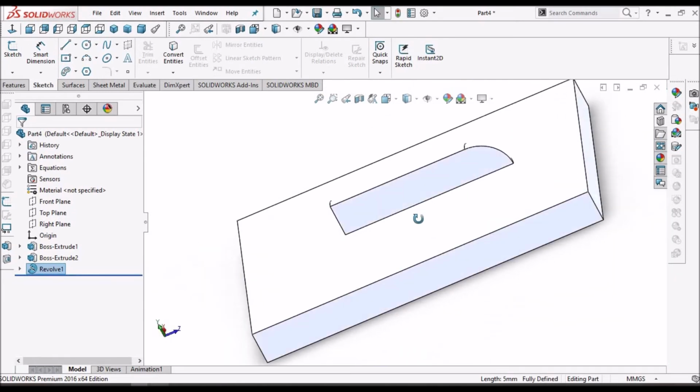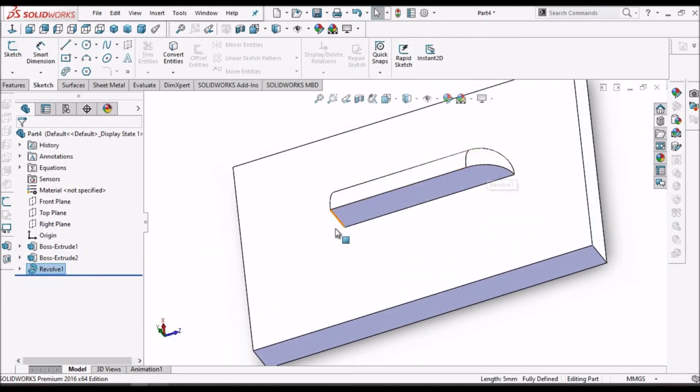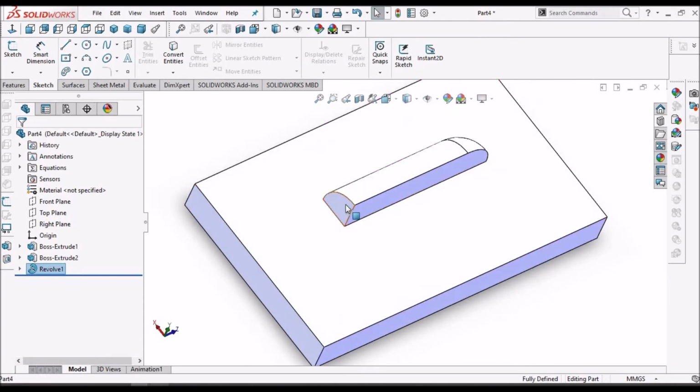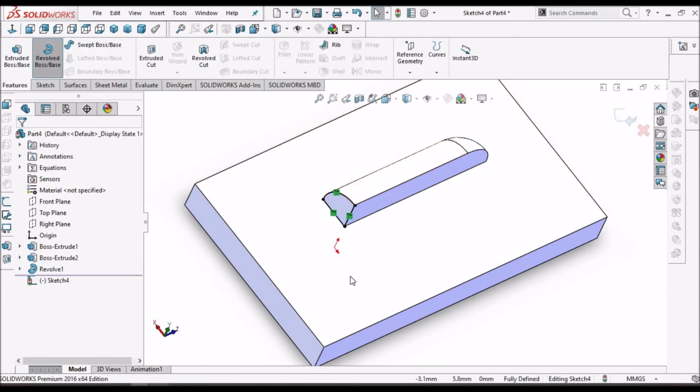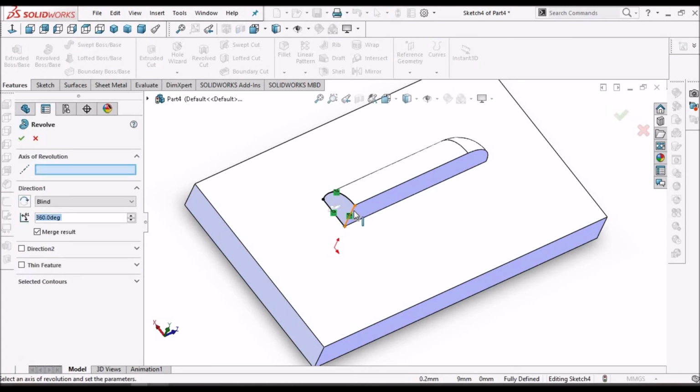Two ways I can do it. Either I can mirror or create the feature once again. So select this face and convert entity and go to feature, revolve and select this line as axis and this as 90.